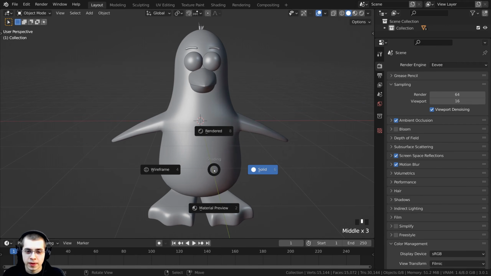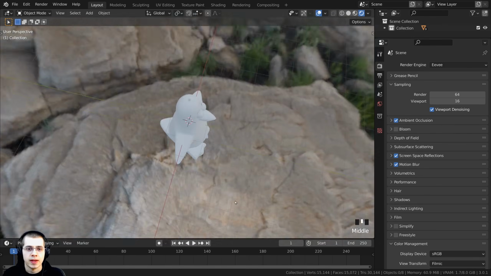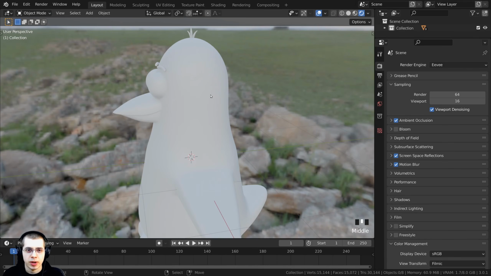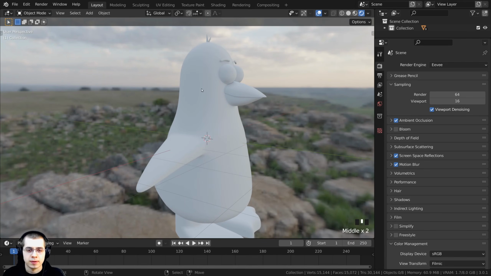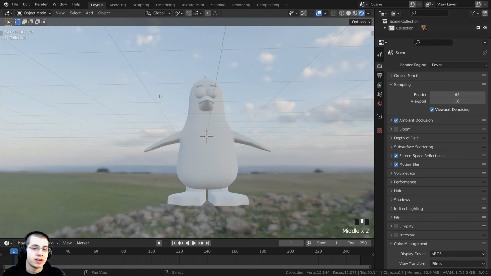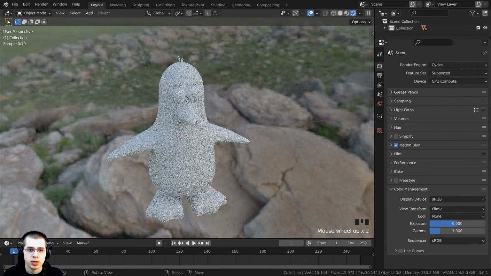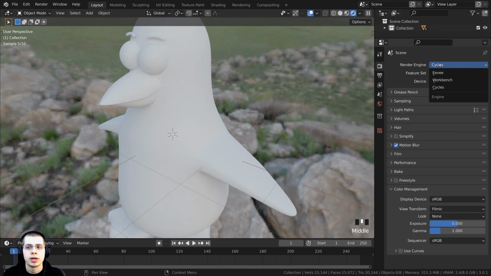Alright, so I'm going to hold down the Z button, move up to the rendered view, and then let go of the Z button, and that's going to take us into the rendered view. So you can already see we have some really nice lighting here. We have some yellow lighting and some blue lighting kind of over here. Now this definitely isn't as realistic as Cycles. If you were using the Cycles render engine, you would get even more realistic lighting, but it does look okay